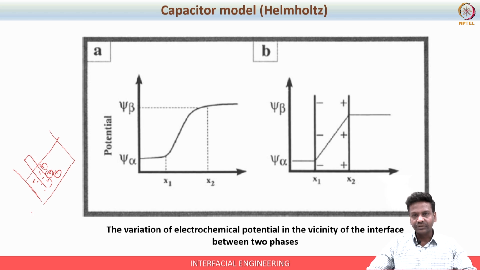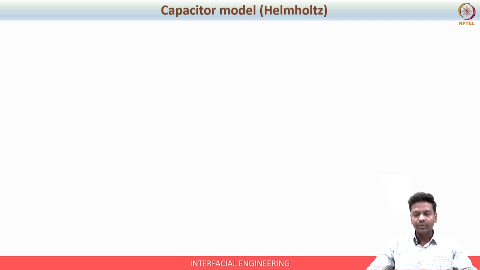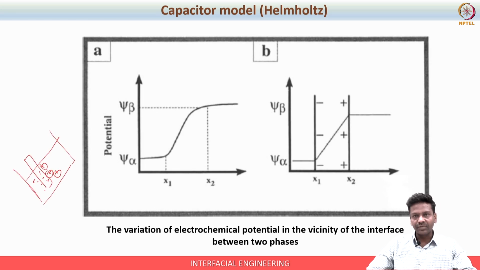There will be three types of counter ion: strongly bound, weakly bound, and diffuse counter ion. Helmholtz considers only the strongly bound counter ions, which means that if you take out this counter ion phase and the solid rigid phase into two separate plates, both will have equal and opposite charge, right? So both will carry equal and opposite charge.